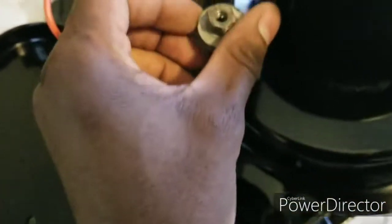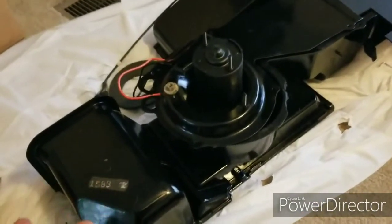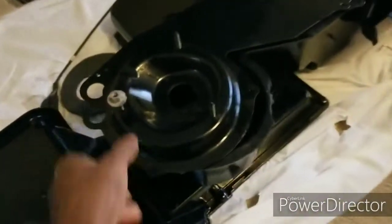You're also going to need about a 10, because you got to get these 3 bolts. This is what basically holds the unit to the firewall. So you're going to need about a 10 or 11 socket for that. And you're going to also need some pliers, because of the way this thing works here,